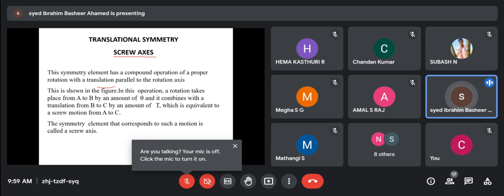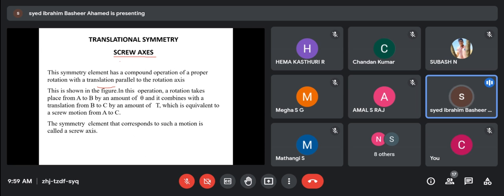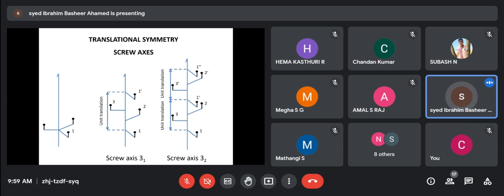Okay, so there are 2 types of translation symmetry operations. So one is a screw axis. Okay, here you will have a rotation followed by translation. So first you will rotate and then by a unit length you will translate, then you will find the identical molecule. So if you get a symmetrical relation with a combination of these 2 operations, then it is called a symmetry operation having a screw axis. Okay, so here you can see.